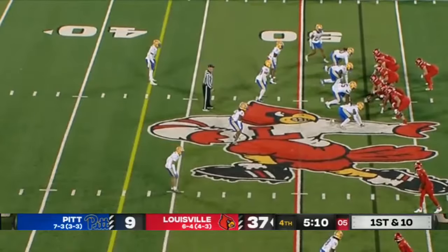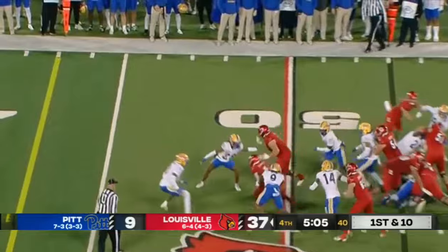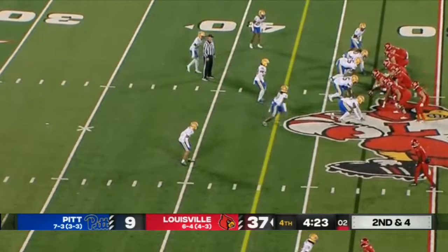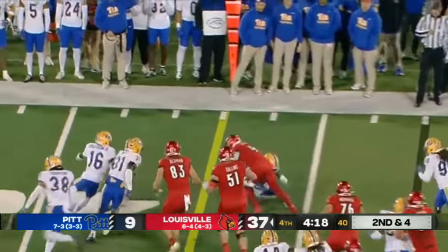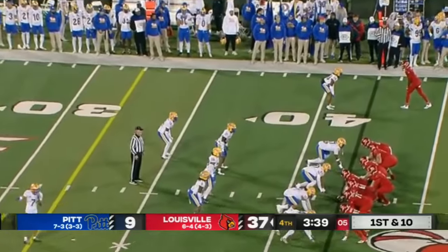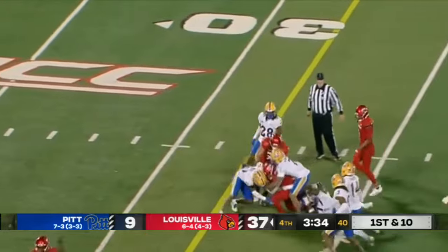Talented, they'll make you miss. Make big plays at the second and third level, but this offensive line for Louisville has just been fantastic all night long. Losses last week, you see how Louisville responded, and they're going to take this momentum on the road to Lexington, and that's going to be a really fun matchup. And you mentioned Kentucky next week. Kentucky today hung early with Texas. Final score in Austin, though,